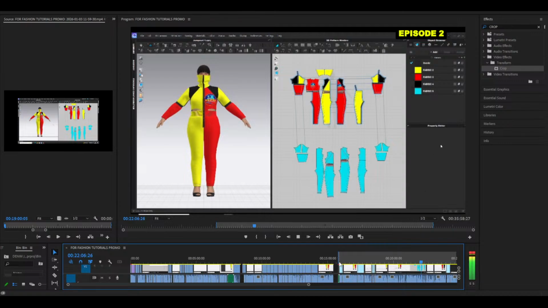Now this is where you adjust measurements and fabric settings. So for example, if we want to adjust fabric settings, you come to either the 2D window or the 3D window. You select any fabric of your choice. What you do in 2D is reflected in 3D, and what you do in 3D is reflected in the 2D